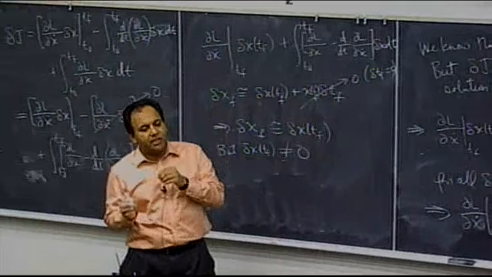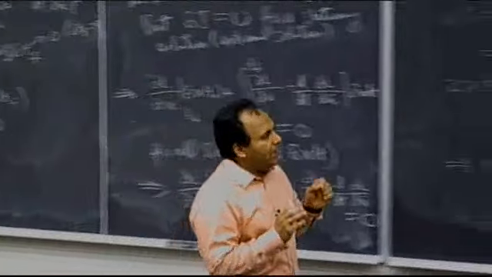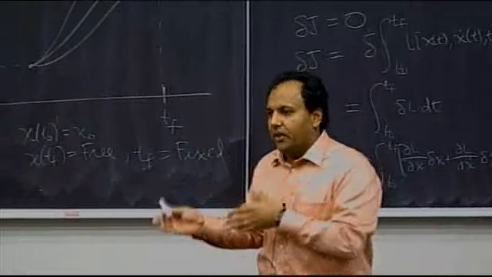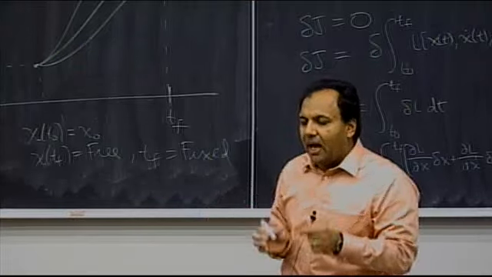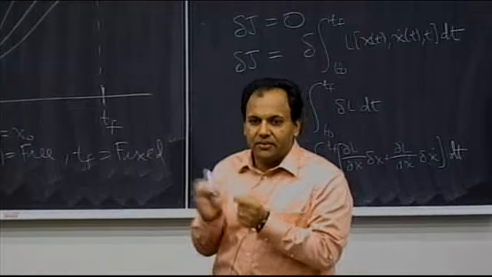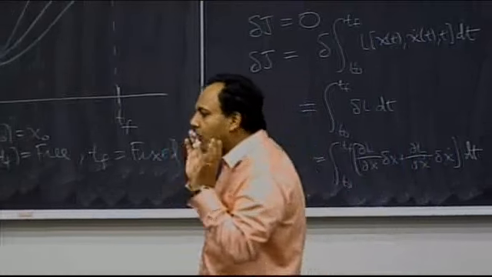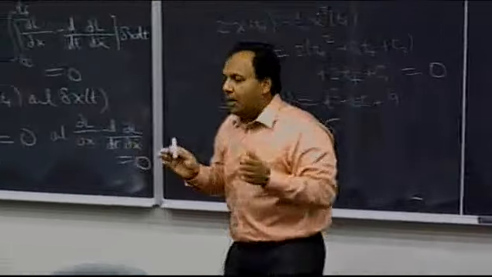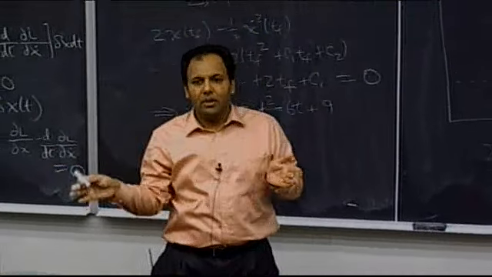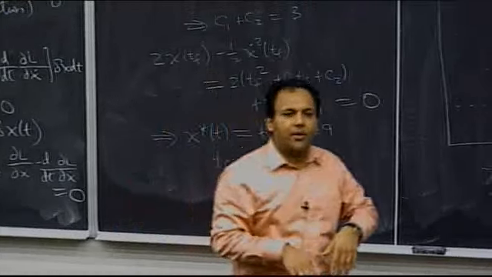the variations that you're taking at the endpoints, there's an intuition as to what you think they are, and then there's what they really are. What they really are is you're saying that I have a trajectory. I have a function. In this case, that function is x of t. I'm allowing that function to vary. And what I'm doing separately is allowing the function to vary across the entire interval, where I'm saying that